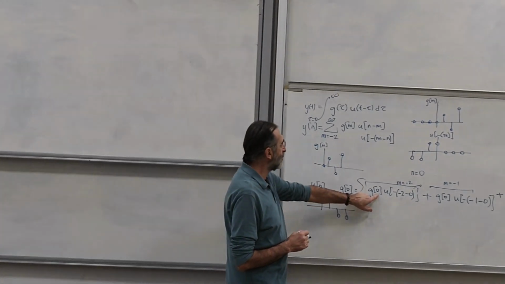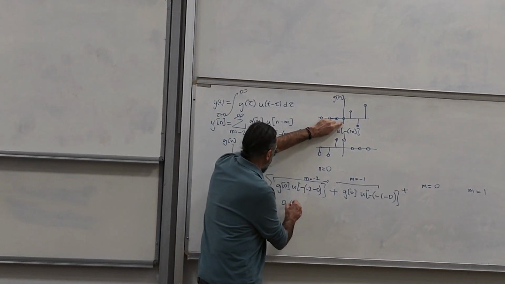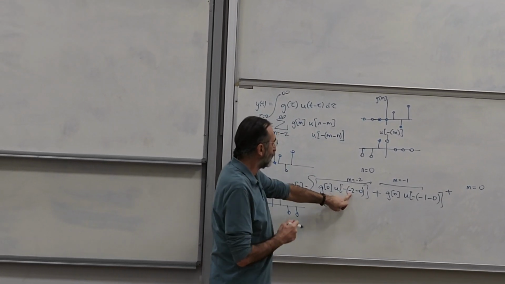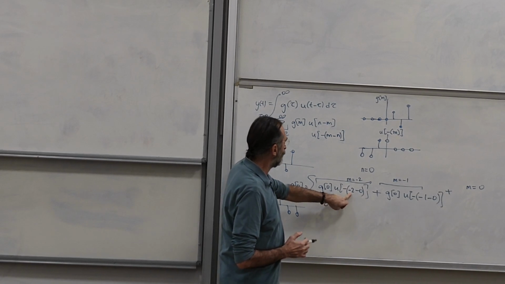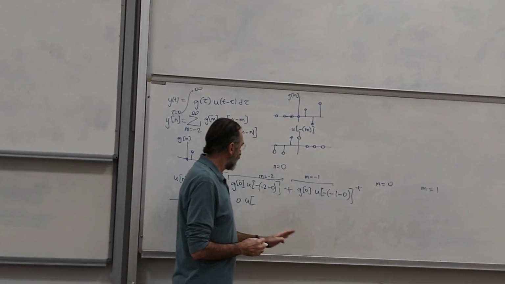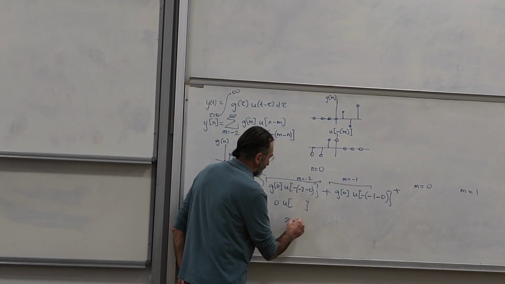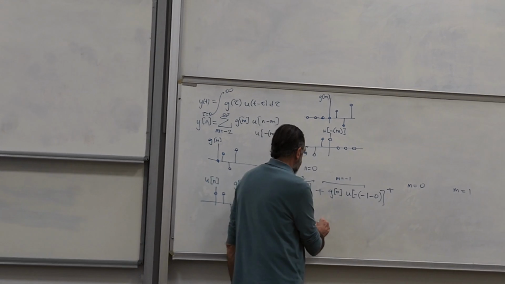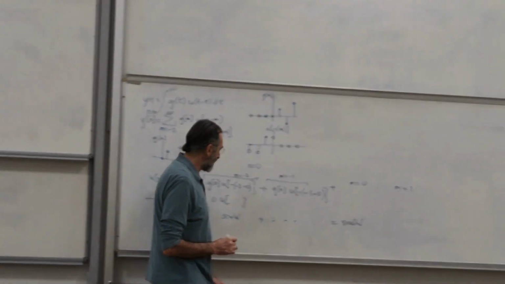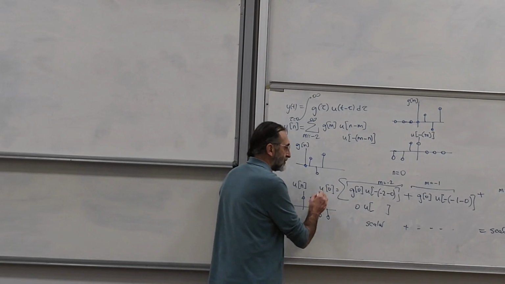Okay, g of 0 is what? 0. U of minus 2, which means 2. Okay, g of 2 is 0. Okay, so it goes on like that. So for each one of these, I'm going to get a number, a scalar. I'm going to add all these scalars up, and I'm going to get this scalar. And that's going to be the value of y of 0.